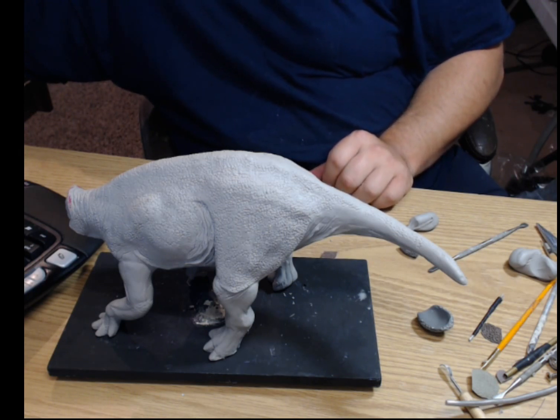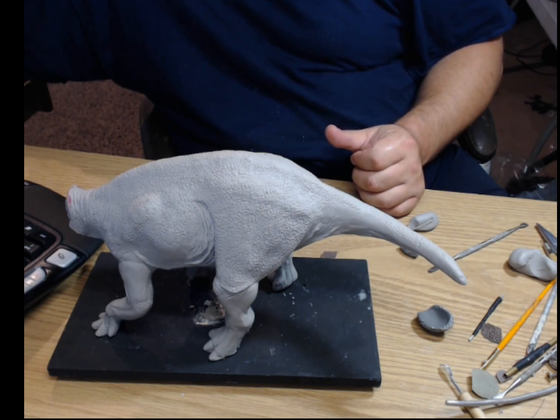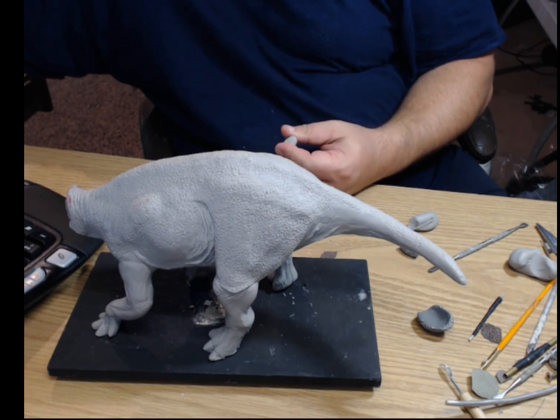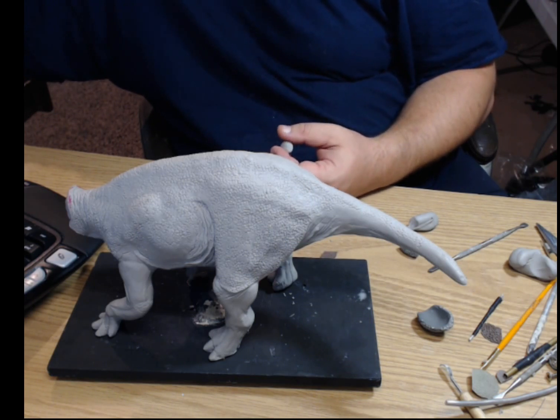So yeah, for some reason it will not show. Anyway, if you look for Dinosaur Dungeon